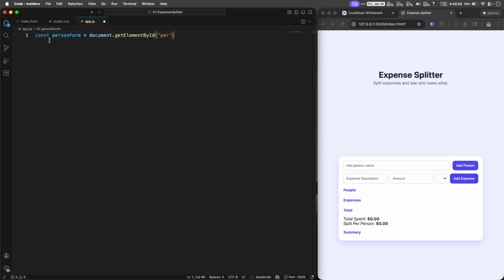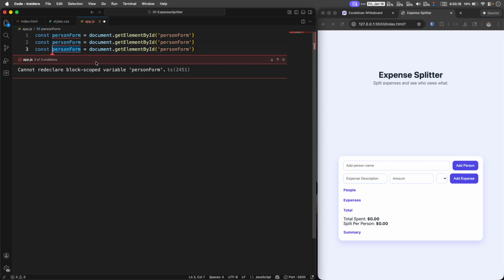So we're creating a constant that points to an element in the DOM, in the document of our website, and this is actually the form itself. Now we need something similar for the